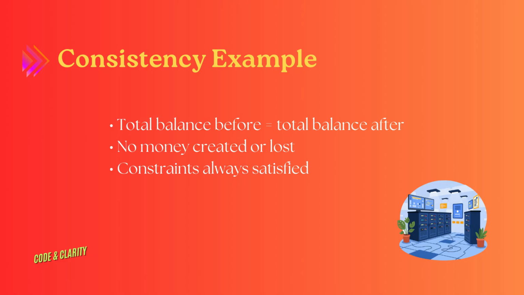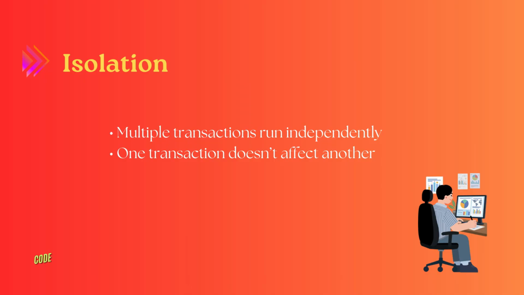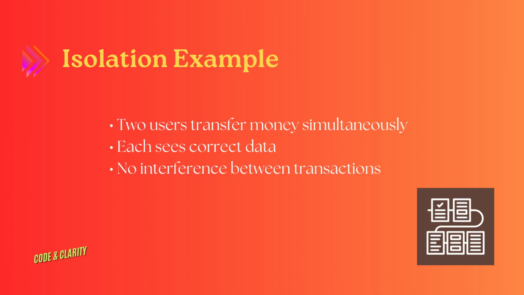The next property is isolation. Isolation means that multiple transactions can run at the same time without affecting each other. Each transaction behaves as if it's the only one running in the system. Let's consider an example of isolation to make it clear. Suppose two users are transferring money at the same time. Even though both transactions run simultaneously, each user sees the correct and isolated data, and the transactions don't interfere